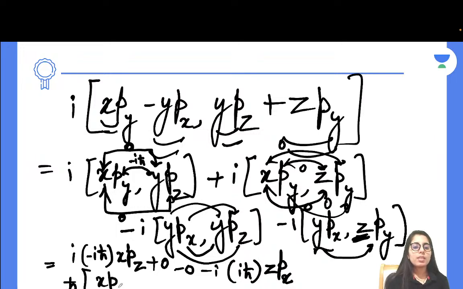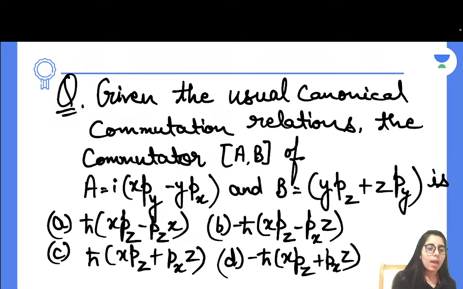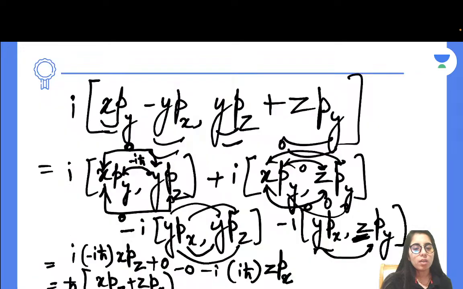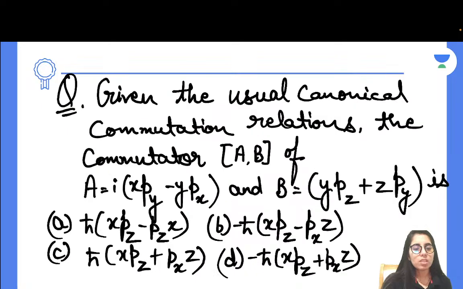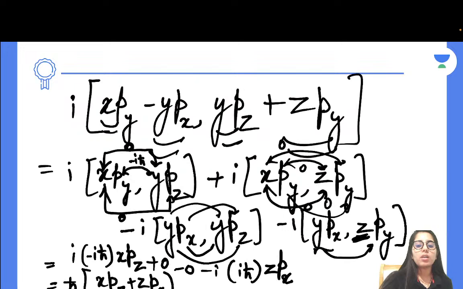Next is xpz plus zpx. This is what you will get. So what you will have next, you can see what option we had was with the same expression, xpz plus zpx. I think it's option C, which is closest to this one. Okay, they just have written pxz. Yep, just a little bit of change in the expression while everything else is the same. In comparison to other options, the most appropriate option is option C, so we'll go with that. We are going to consider it to be the correct answer. And this is how you can see how easily we're able to deal with all the terms and combinations, and this is how you reach the final answer.